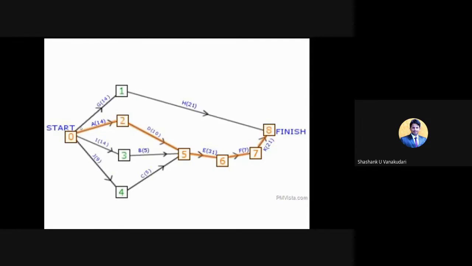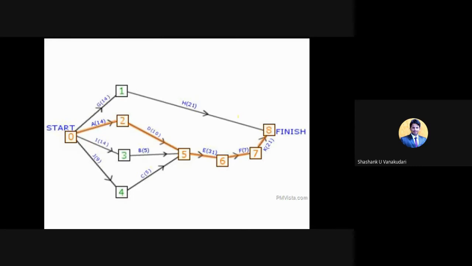Critical path in the sense, in this particular network diagram, we need to find out which path is going to take the maximum duration. So we need to take a start activity and a finish activity, and check the path now. So here you can see 0 to 1 and 1 to 8.